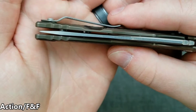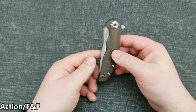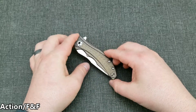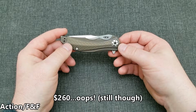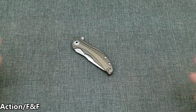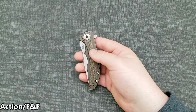And, maybe that's just me being a little butthurt, but if I'm spending that much on a knife, I want it to be fitted up and nice and blade centered and no play. I feel like that's not asking too much, personally. Maybe your guys' opinions on that are different, but this knife is $280, so I expect to have a centered blade. That's not asking too much, not for me. So yeah, that's the second bummer, and it's not something that makes me not want to carry the knife that much, but that coupled with the other lock bar issue,